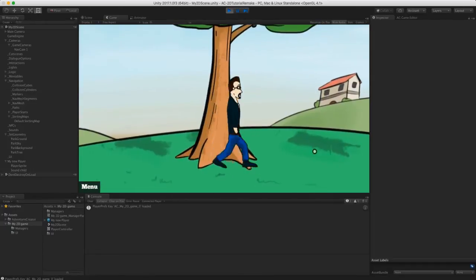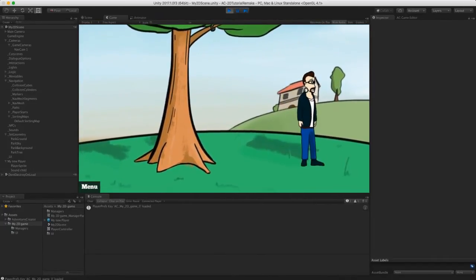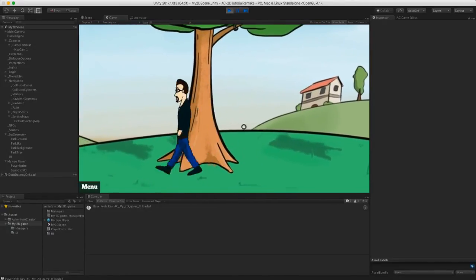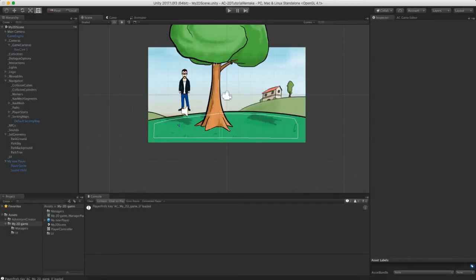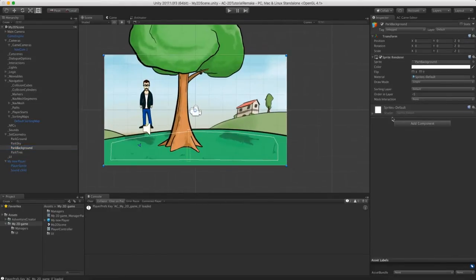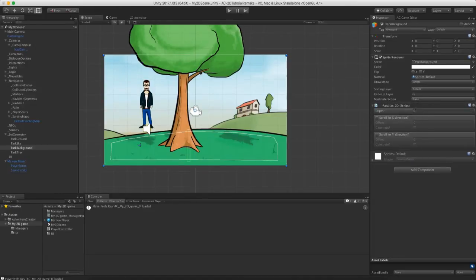Now that the camera moves, we can also see that the background here is feeling a little bit static because it moves at the same rate as everything else does on screen. If we select the Park Background sprite, and in the Component menu, we'll choose Adventure Creator, MISC, and then Parallax 2D, we can get a script that basically moves it at a different speed to everything else when the camera is moving. And the first field we get is the depth, and the greater the value, the further away it's going to feel. So let's give it a value of about 0.5,